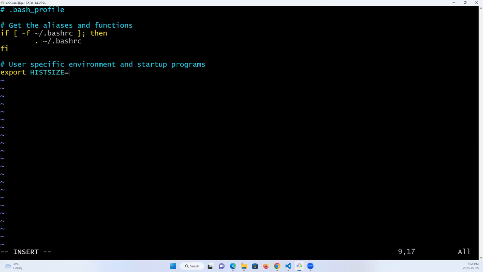Because with the one we did earlier, once we restart our computer, we just realize that it has been reset back to 1000. But if you want to make it permanent, you come to this file, go to the bottom here, apply it and save it. Once you save this,